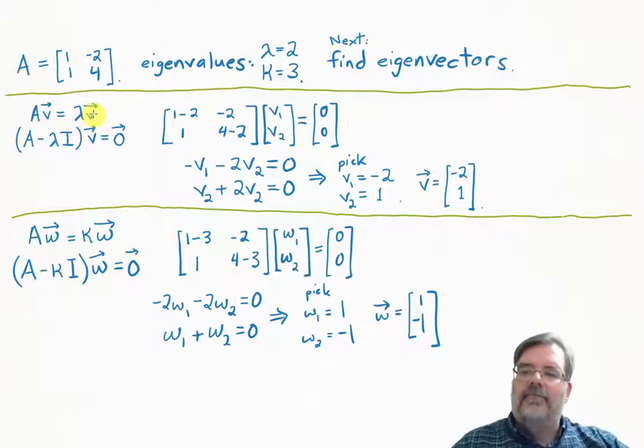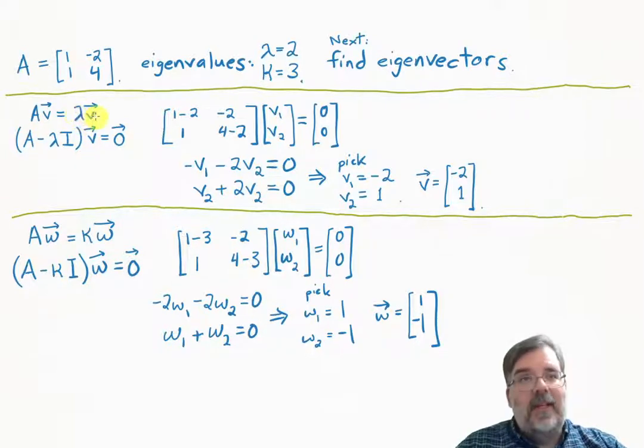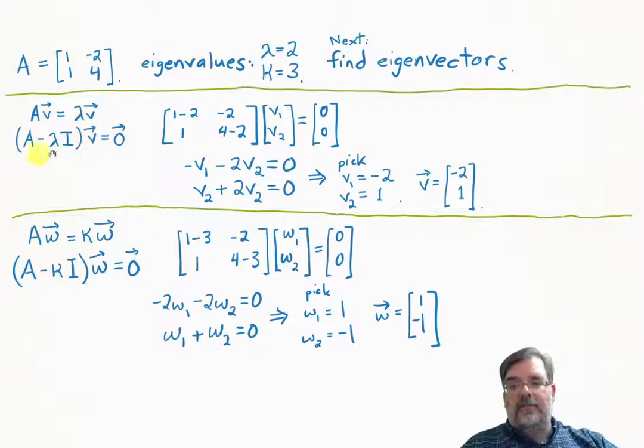solve for v. And the way we've done that before, we'll insert an identity matrix on the right-hand side between lambda and v. Then move that term to the left. The reason for inserting the identity matrix is that it allows us to factor out the vector v. And then we have to solve for v. So for this first case, lambda equals 2. So we're subtracting 2